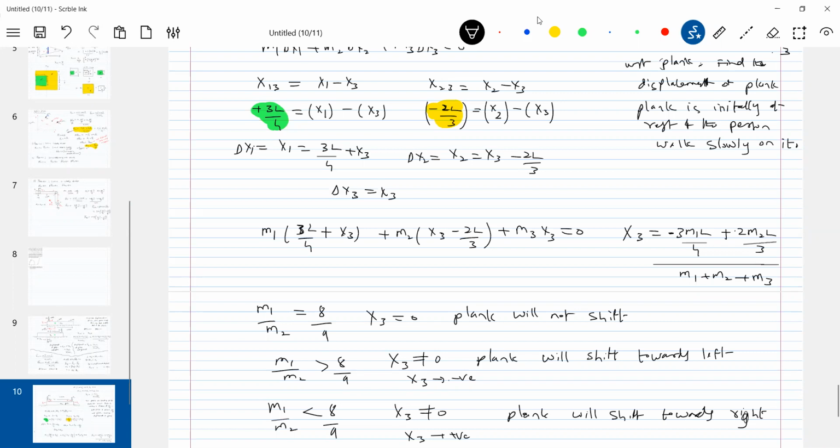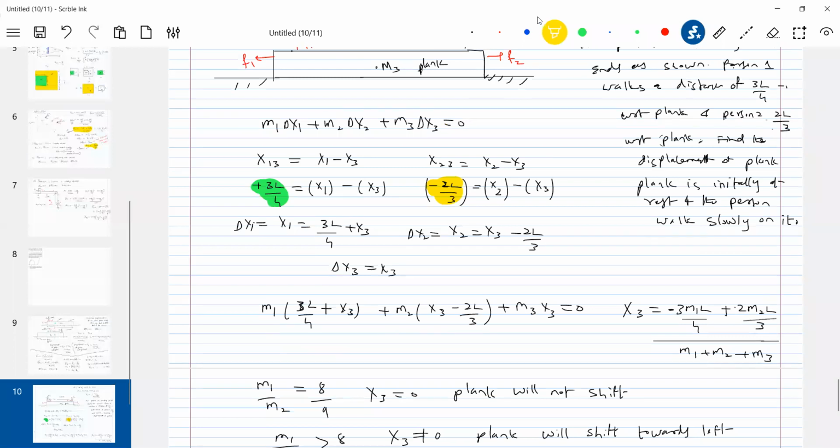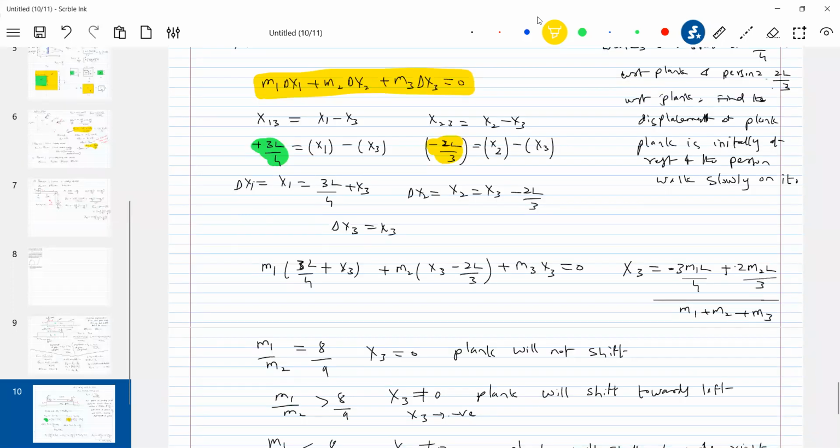Now you have plenty of questions related to this analysis I did. So I suggest you don't memorize this formula. The whole chapter just revolves around this idea. And again, I told you the first approach and the second approach. If there is friction between the Planck and the ground, what conditions will come? If the surface is rough.